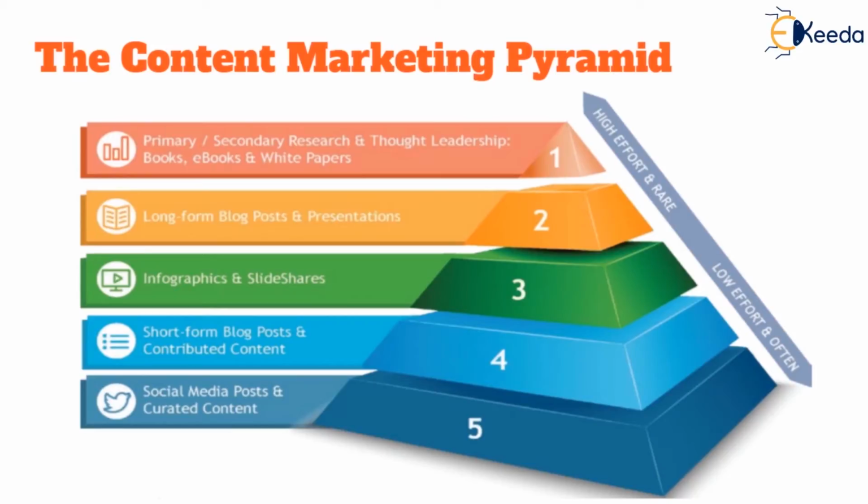You move a little up in the pyramid and you see the kind of content which requires a little more effort, like short form blog posts and contributed content. Short form blog posts can be anywhere between 400 to 800 words, and therefore can take about 1 to 2 hours to produce, depending upon the content resources and team that you have. Then, contributed content is something which you can get from freelancers and guest post providers. This again requires some planning and coordination, and therefore the amount of effort involved is higher than in social media posts.